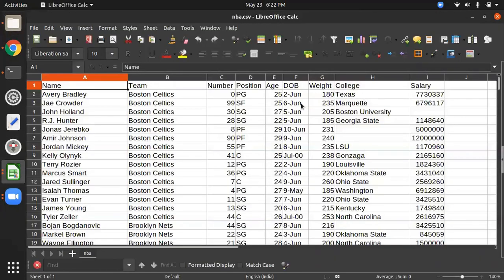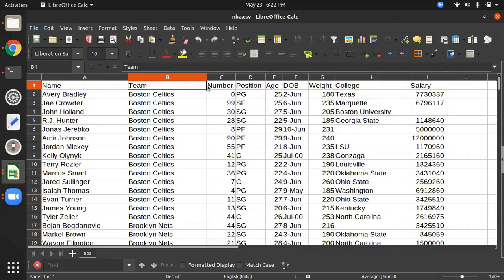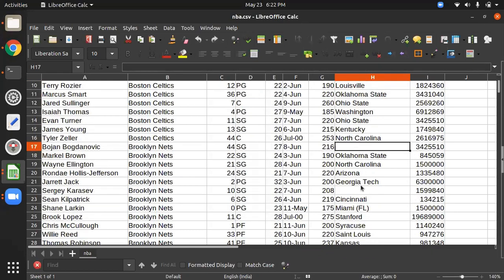Check this one. In this file, sports information is given: player name, player team, number, position, age, date of birth, weight, college, salary. See null values. This is a null value. This is a null value. This is a null value.